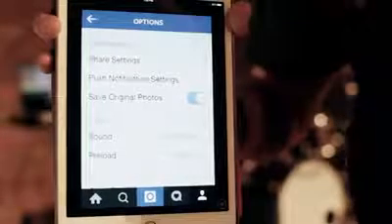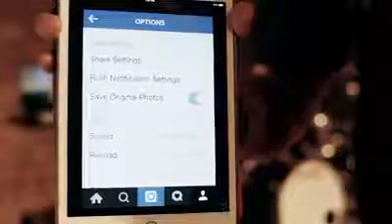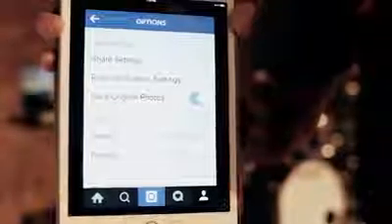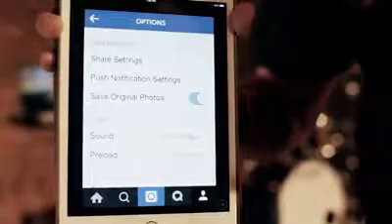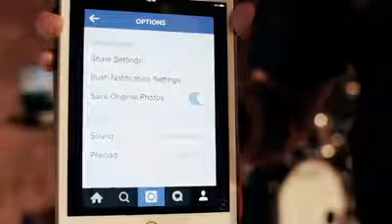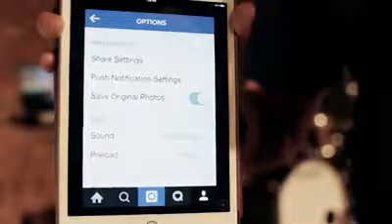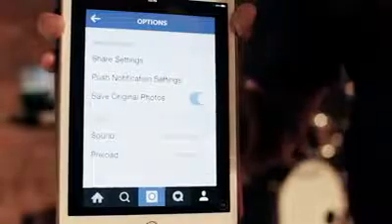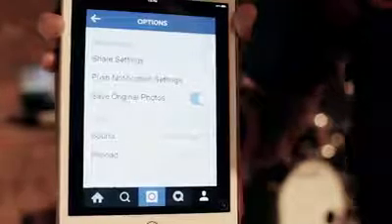Okay, I'm going back here and push notification settings. That just is how I want to be notified. And so you can look through those, all pretty self-explanatory. Save our original photos, very important. The reason I keep that button on is that when I post a photo to Instagram, it will save a copy of that in my camera roll or in my photos folder, depending on what phone you have. Why that then is important is because then when I showed you how to copy that link in one of our earlier episodes, I can then, when I go to tweet, I have that photo in my camera roll and I can post that photo right on Twitter, and images on Twitter can increase engagement.